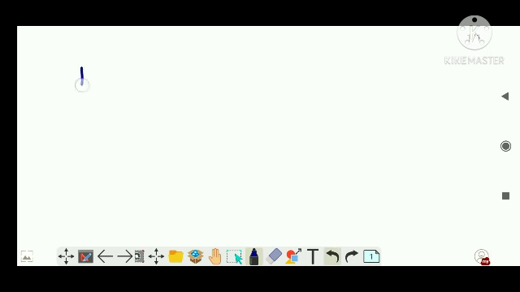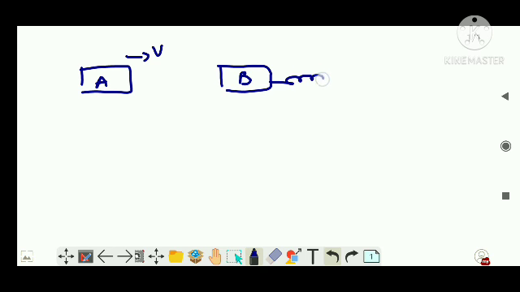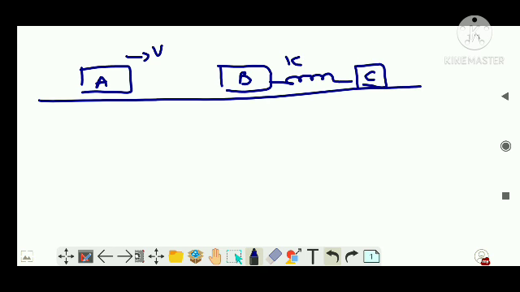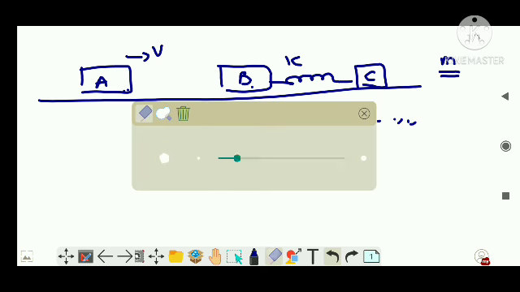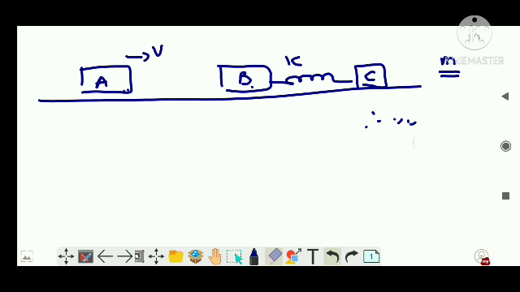Question is, suppose there is a mass A like this. Let's say it is moving with velocity v, and there is a B mass which is connected with C with a spring with a constant K. Let's assume they are on a smooth plane, and masses A, B as well as C are equal. The three masses each have mass M, and A and B are going to have an elastic collision. That's the question, guys. I'm not writing the entire question. Please write it down by yourself.